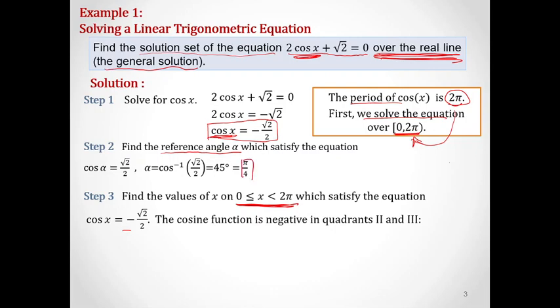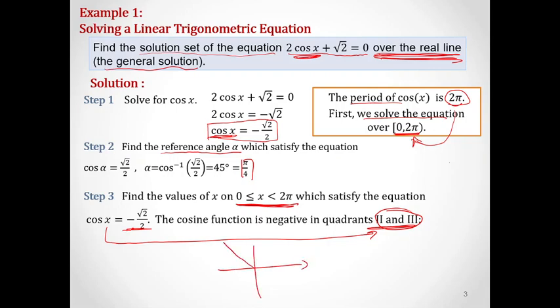The only question is at which quadrants cosine is negative, because cosine is negative here. Cosine is negative, and now the question is where is x? So by using ASTC, x will be in quadrant 2 and 3. So if x is in quadrant 2 or 3, we know the reference angle of x